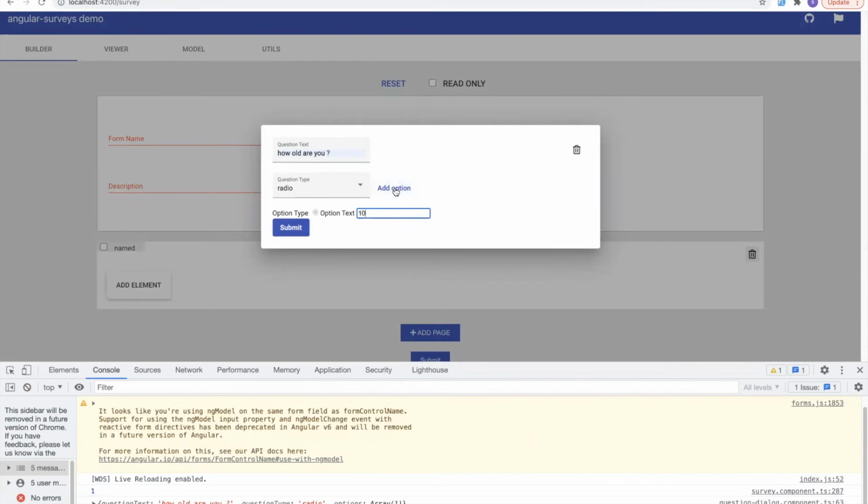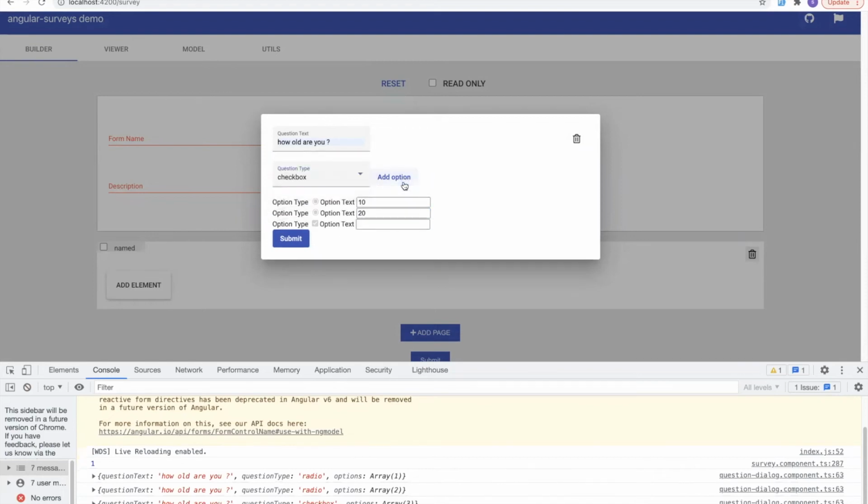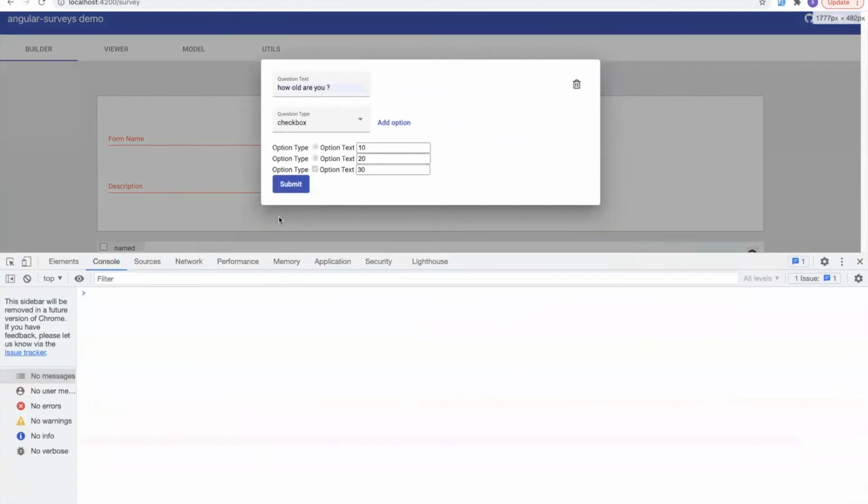So 10, 20, okay. So let me put a checkbox here, and the value should be 30. Okay. On the click, let's see what will happen here. Let me put 40. Okay.